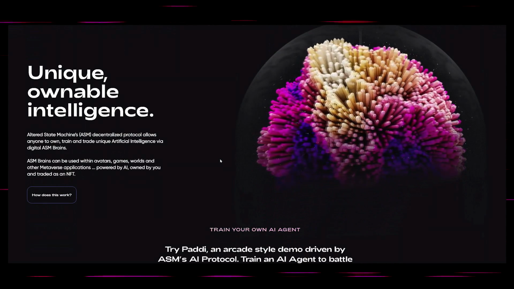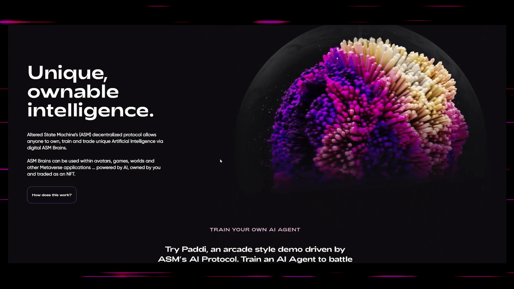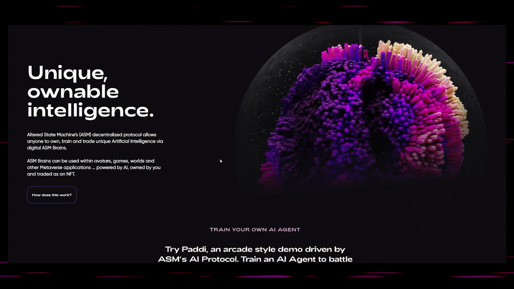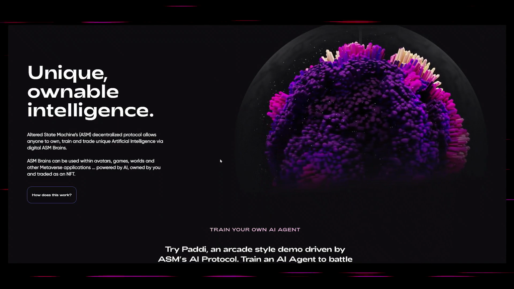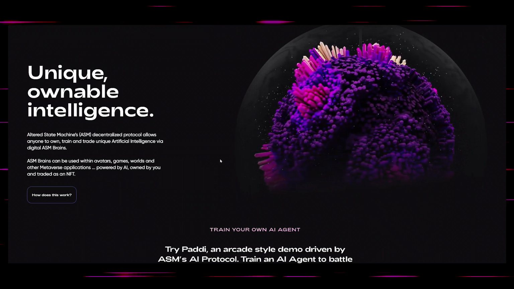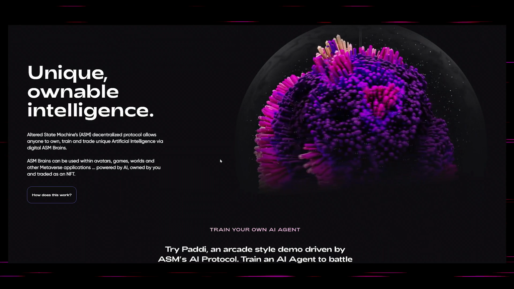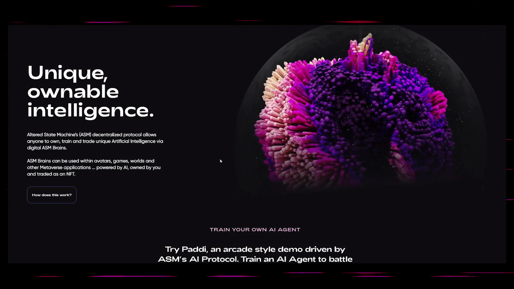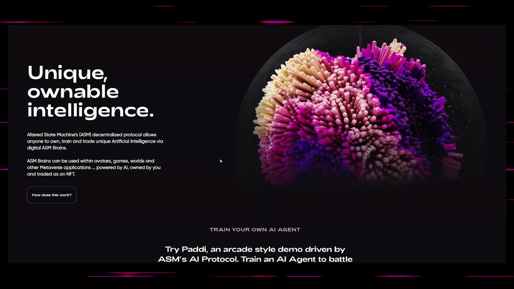Unique Ownable Intelligence. Altered State Machines, ASM, is a decentralized protocol that allows anyone to own, train, and trade unique artificial intelligence via digital ASM brains.